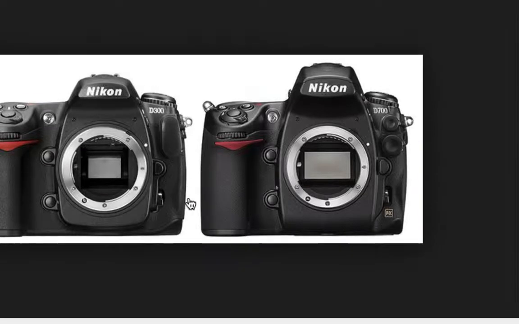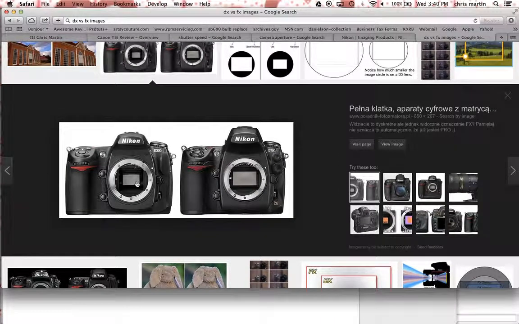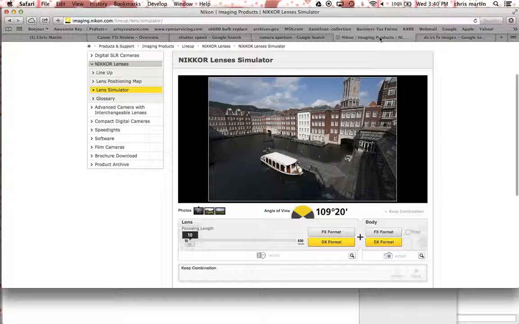There's a crop factor between FX and DX, and it's the same between Nikon and Canon. This is physically 36 millimeters in length, kind of like 35 millimeter film, versus the crop factor of 1.5. So this sensor is 1.5 times larger than this sensor. So knowing that, if you go back to the Nikon page here,